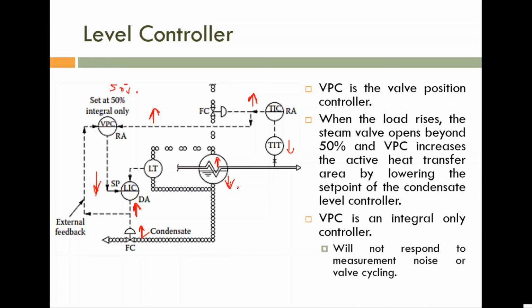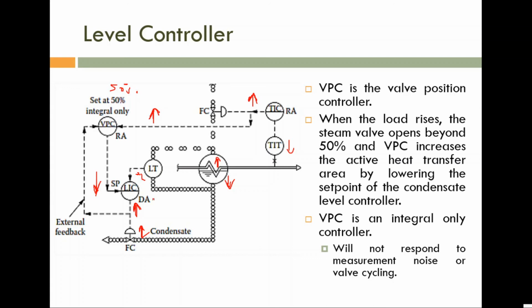So I am asking you to identify the type of reverse acting and direct acting. Is it with respect to measurement or with respect to the error? At least you can identify this one. I told you set point is decreased and measurement is increased. If set point is decreased, so for the time being this one is fixed, error will become negative. So for negative error, control signal is increased.